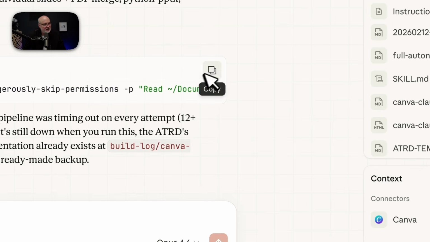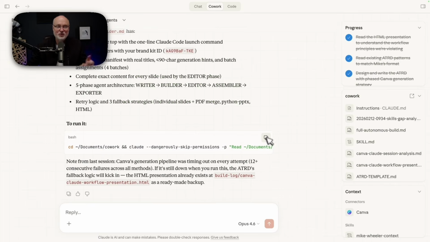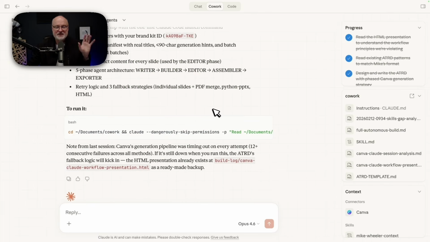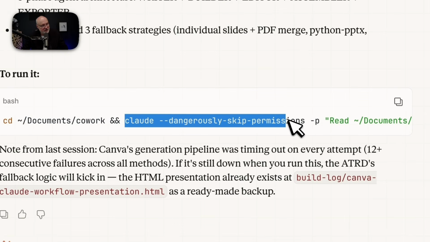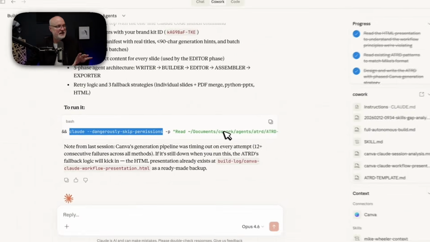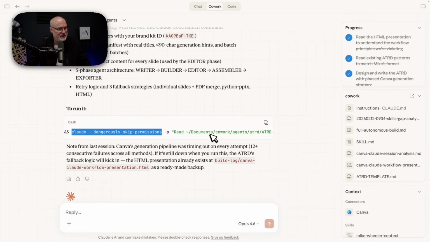Here's my one-liner, and this is me being not lazy, but easily annoyed, probably could be the term, because a lot of times AI will tell me to do this, that, and the other. I'm the human at the helm. It should tell me and get it down to a single line and get everything orchestrated so that it knows what is mounted where. It's doing the settings, and this is why I was talking about the Claude dangerously skip permissions. You wouldn't do this in a real-world environment, but it's safe to do so if I'm inside of my cowork folder. And then reading documents, cowork agents, ATRD,